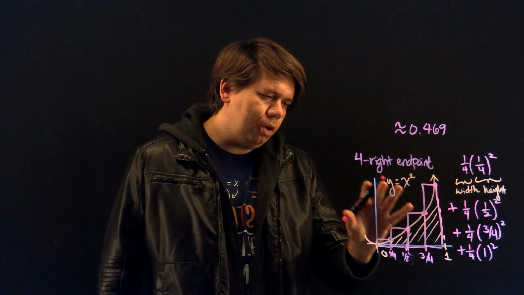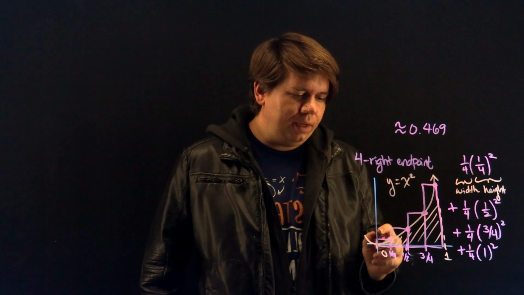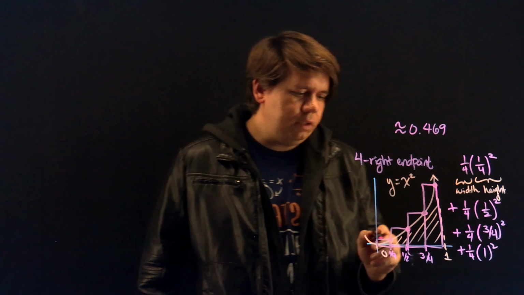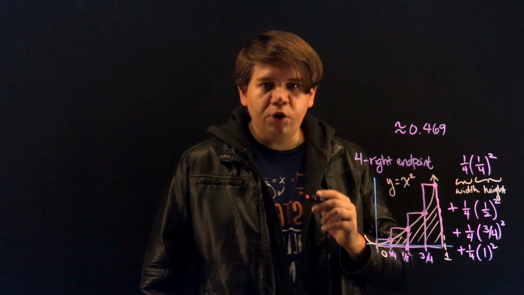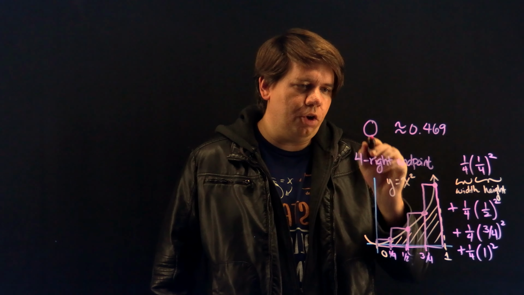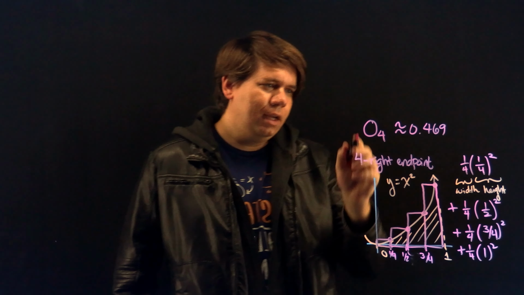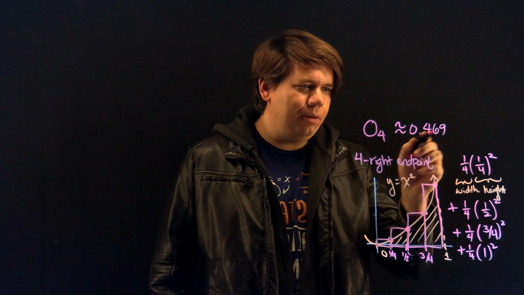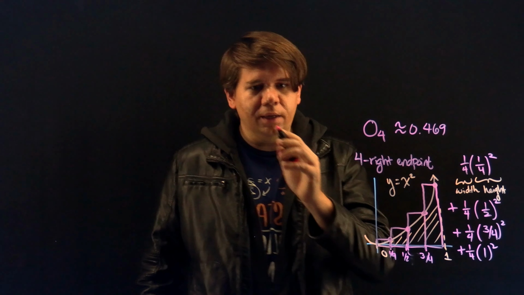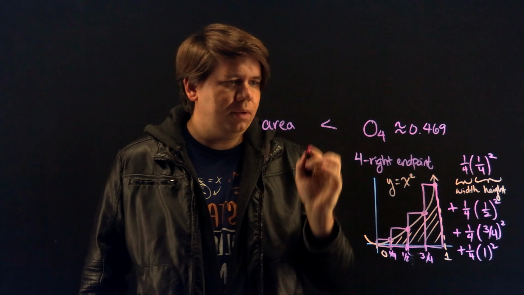But if you actually look closely at this picture, you'll notice that my area is actually a little bit lower than these. So these 4 rectangles give me an overestimate of the area. I'll call it O for overestimate, O4. An overestimate I got with 4 right rectangles. That overestimate came out to be around 0.469, but it's an overestimate of my area. So my actual area is some value less than